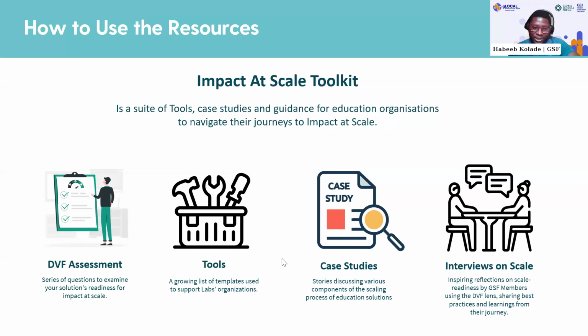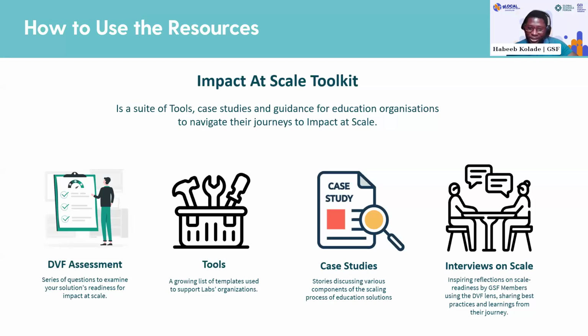So while doing that, we have various tools that we're developing that we'll continue to add to, that organizations like Gyan Shala and Sabre and Dignitas have used in the past to start to improve their capacity and their capacity to scale. And while they're doing that, we are collecting their stories.